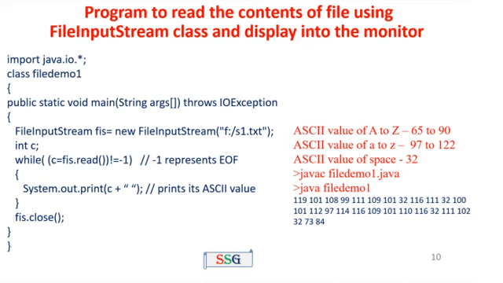First we compile the program, javac FileDemo1.java, then java FileDemo1. The output prints the equivalent ASCII values. So for welcome to IT department, W means 119, E means 101. Like that, all the ASCII values will be printed. Here 32 represents the empty space. So welcome to IT department is printed as its equivalent ASCII values in this program.